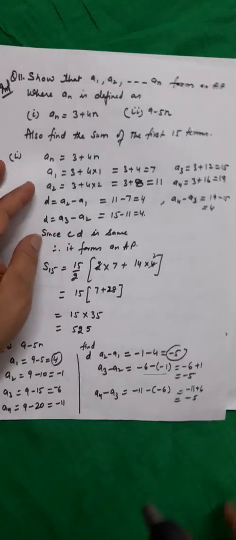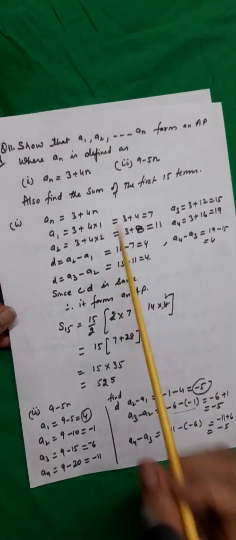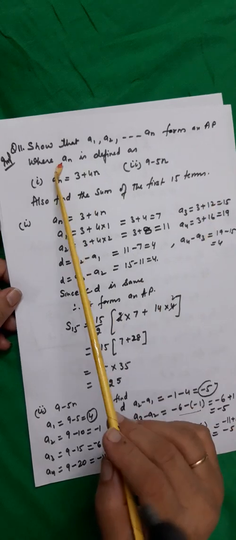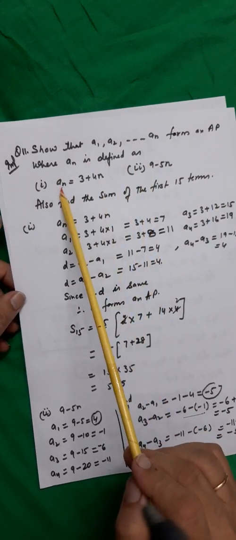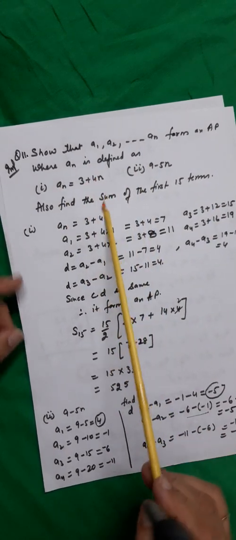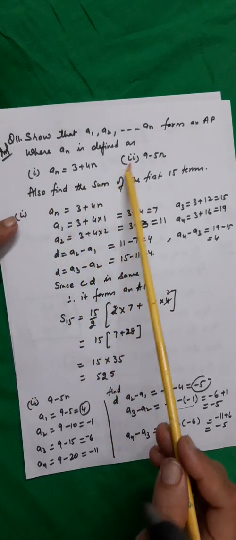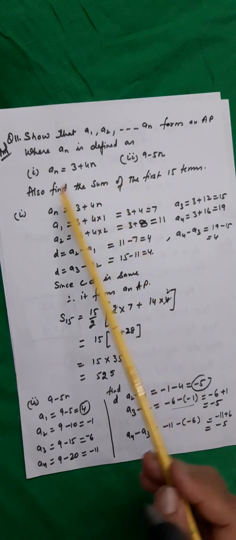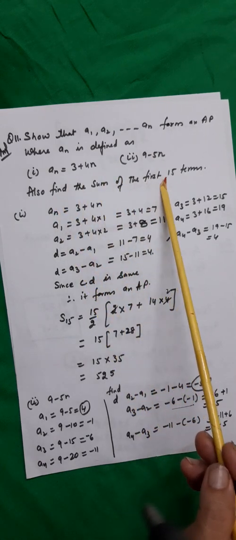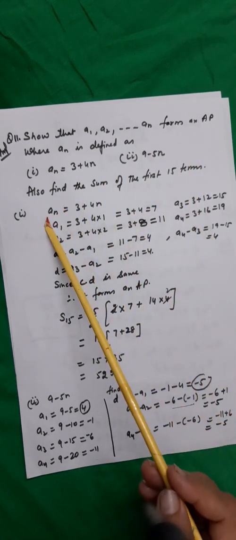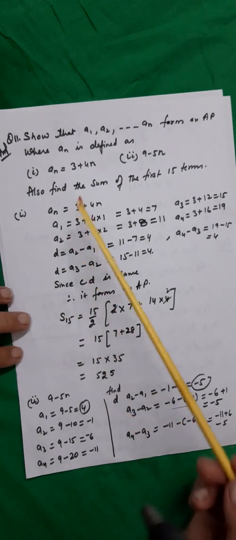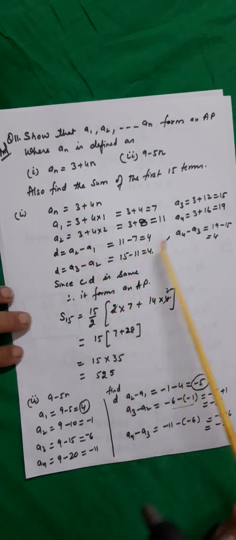Question number 11. Show that a1, a2, ..., an form an AP where an is defined as an = 3 + 4n. The second one is an = 9 − 5n. Also find the sum of the first 15 terms. So in the first part, we will try to find the first few terms by putting